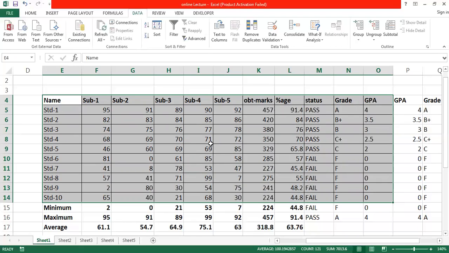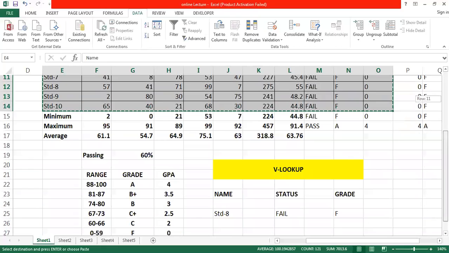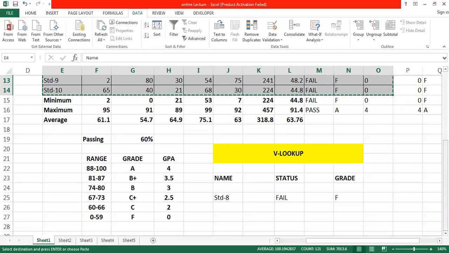There is a concept of transpose of a matrix, converting rows into columns and vice versa. So if I have vertically organized data, after copying that data, if I want to convert it into horizontally organized data, what I'm going to do is